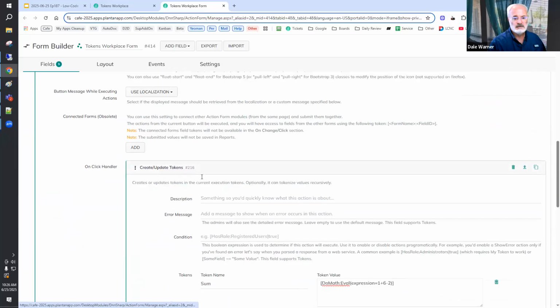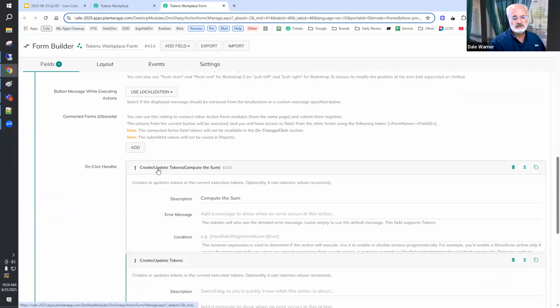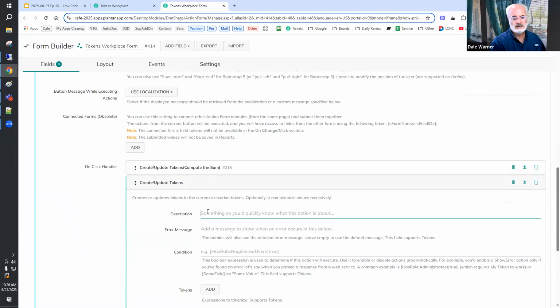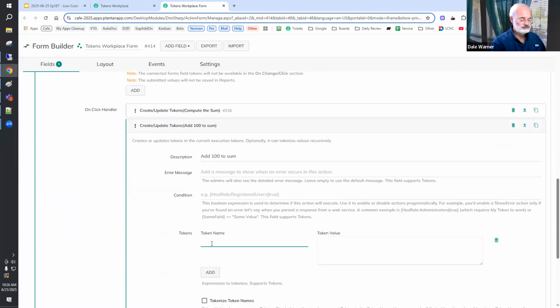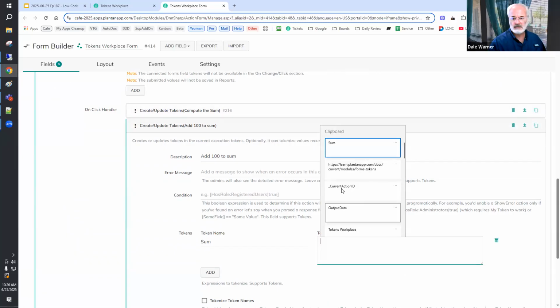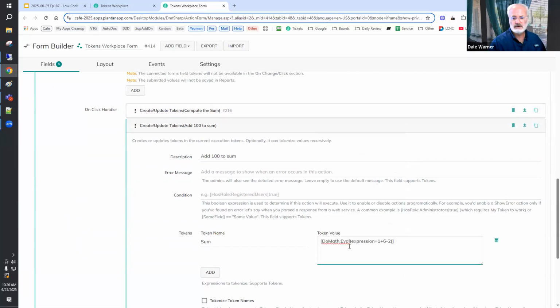This one is going to be compute sum as our description, and then add 100 to sum. I'm going to steal this do math from my clipboard so I know the format. And so now I can say sum plus